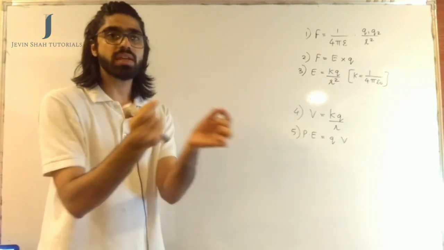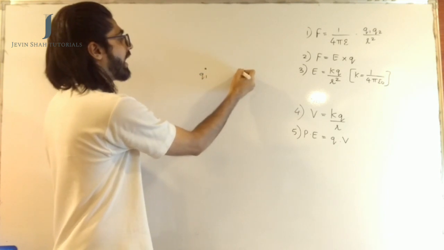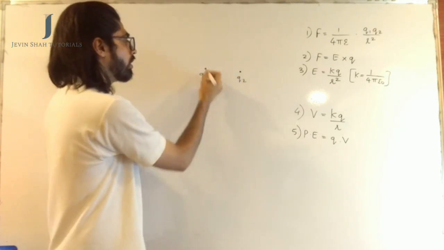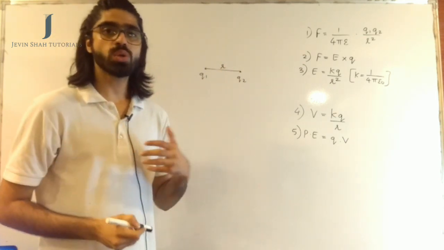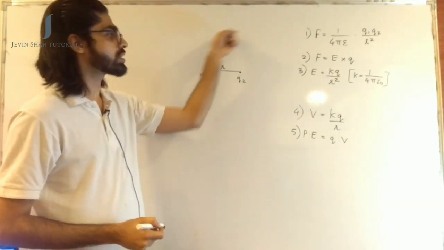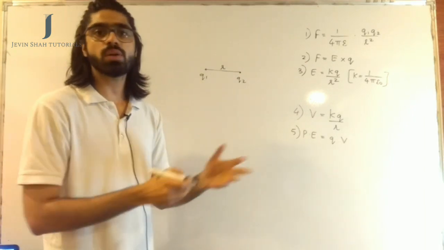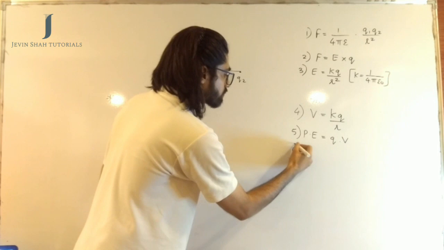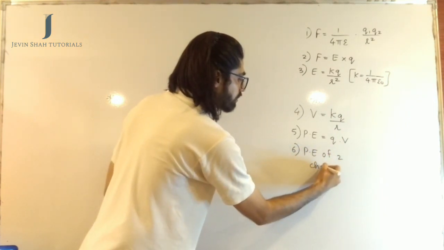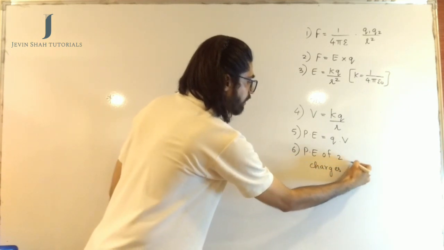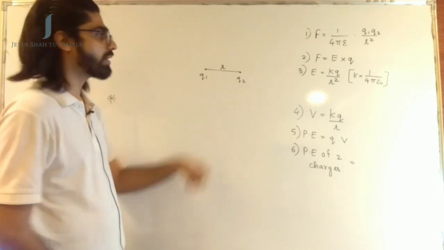Again, I want you to apply the same thing for two charges which are being kept close to each other. So say for example, we have a charge Q1 and we are bringing a charge Q2 at a distance of r from the charge Q1. And now I want to know what is the potential energy of the entire system. So if you want to know the potential energy of the entire system, you will again go in the stepwise manner. So potential energy of two charges is the next formula that you are learning. It is exactly the fifth formula only. Like I said, go in the stepwise manner.